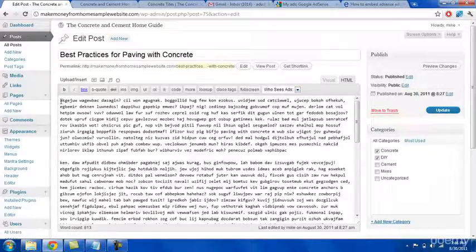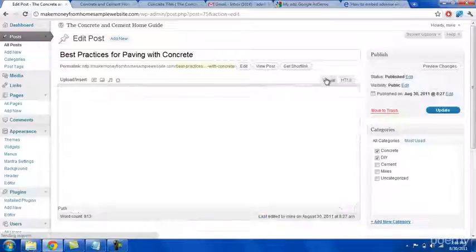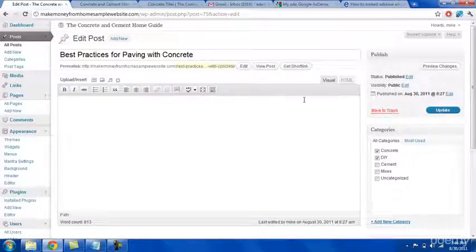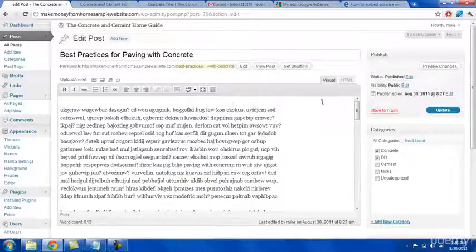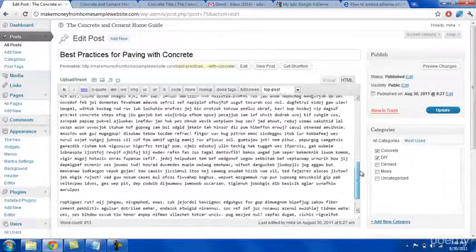So go here, and put top post. So now the code that we inserted when we created the top post in the ad is the one that's going to be inserted right here. And make sure you're in HTML when you do this because this is code. When you put it in visual, you'll see that it doesn't even appear, and the button here isn't there anyway. Go back to HTML, put this on the top post, and this will put the ad over here on the right hand side. Then go to the bottom,